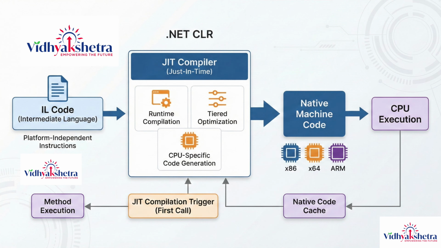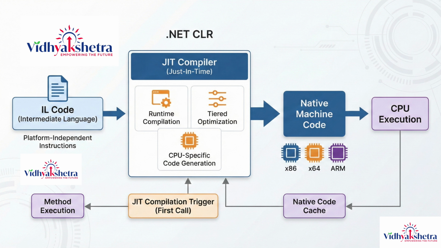When developers write applications in C#, VB.NET, or other .NET-supported languages, the source code is compiled into IL rather than machine code. This design allows .NET applications to remain platform-independent. However, CPUs cannot execute IL directly. At runtime, the JIT compiler translates IL into native instructions that match the architecture of the system, such as x86,